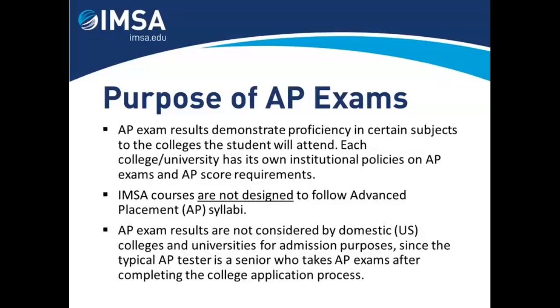So the classical scenario of having a score of 5 or 4 on the AP exam is when a student, let's say, matriculates in the fall of the student's freshman year to the University of Illinois Urbana-Champaign, and rather than being in a pre-calculus or calculus course or Chemistry 101 or Biology 101, if a student brings AP exam results in those subjects, the student can skip an introductory level course. That's the whole purpose of AP exams. And once again, AP exams are not viewed as a part of the admission file for domestic colleges and universities.